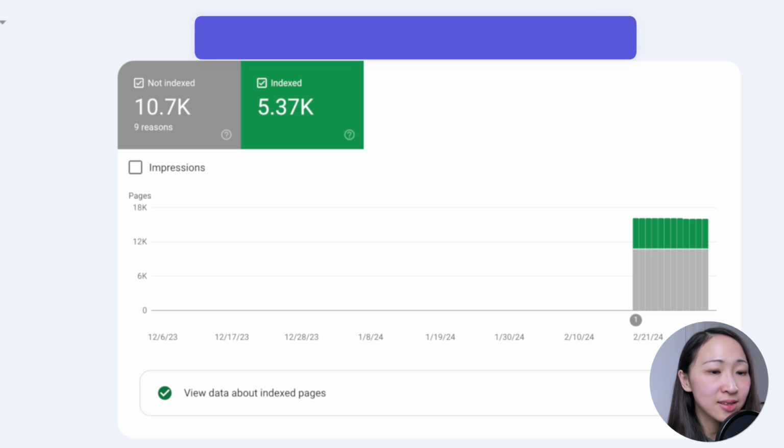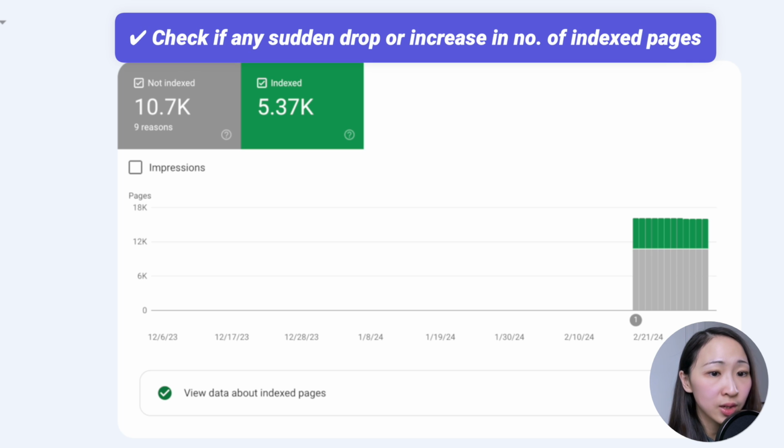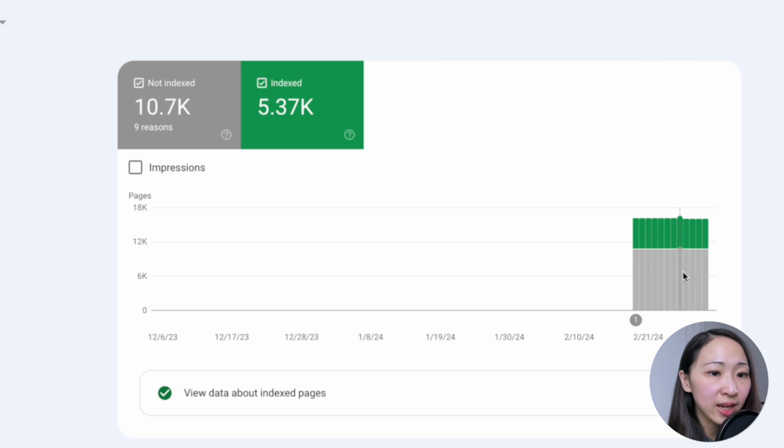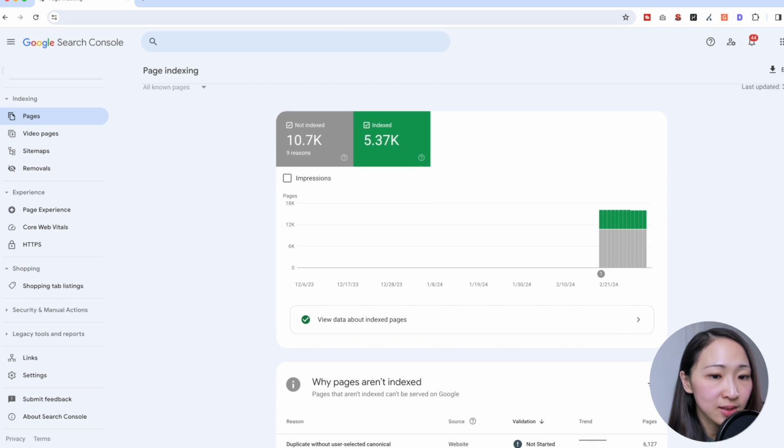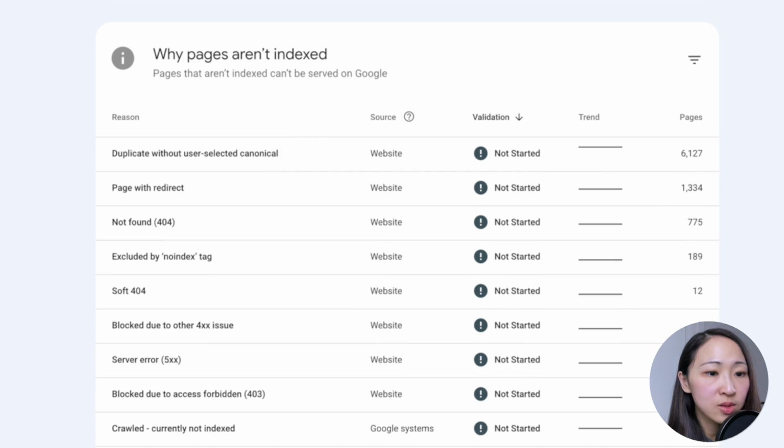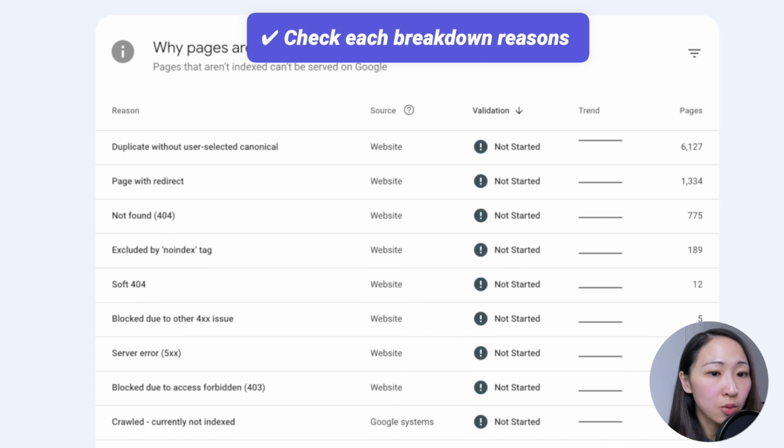If there is any sudden drop or sudden increase in the total number of indexed pages, because in either case it is not a good sign. It may be due to some technical issues that cause the changes. But if you see both bars keep increasing gradually over time and you haven't done anything specific, then that's pretty normal. Then we're going to check the breakdown reasons below, particularly for those areas that show significantly more pages that